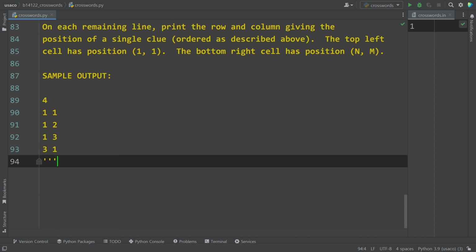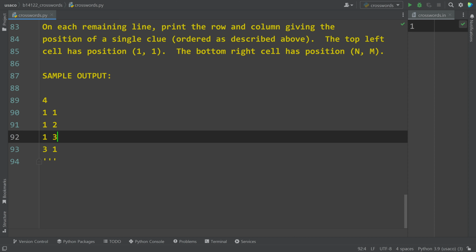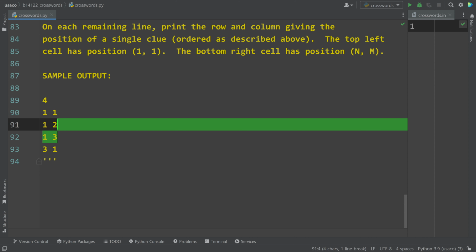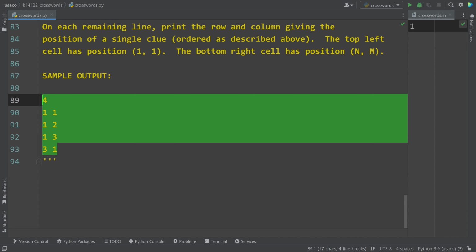So first we need to calculate the number of start points, 4, and then we also need to put the row index and the column index of each one. It must start with 1. So okay, let's make